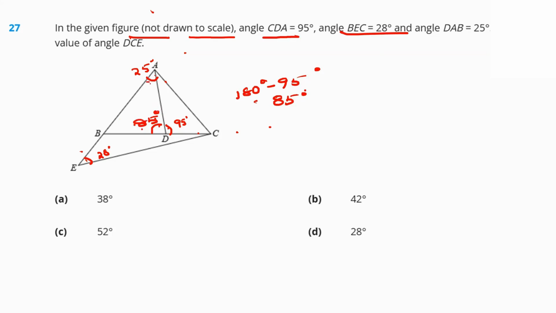If this is 85, this is 25, we can easily find this angle. This would be 180 degrees minus 25 minus 85. Correct, all of you? 85 plus 25 is 110. That means this angle is 70 degrees. Okay, now this angle is complete. Now, if we just try to figure out